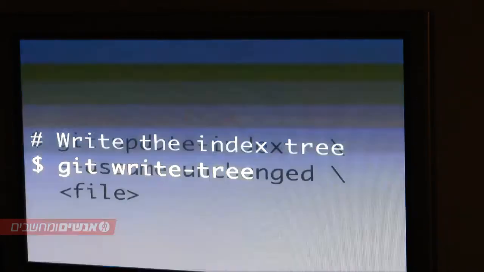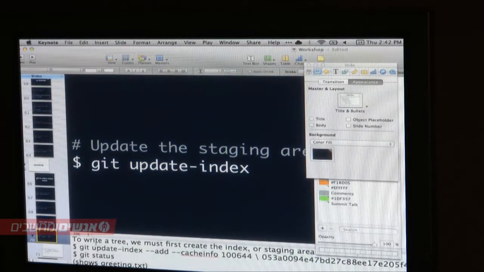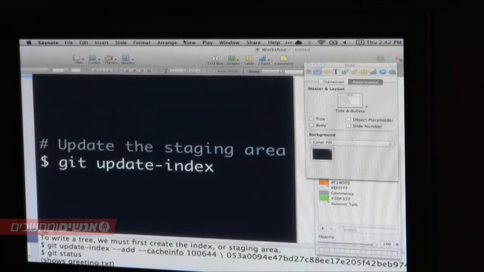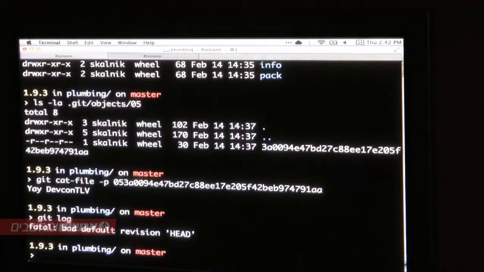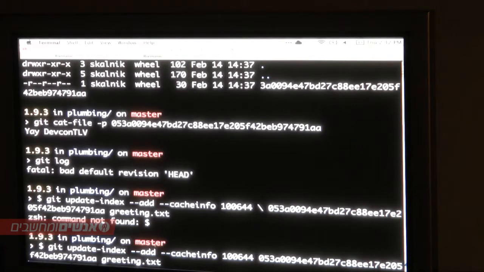So we're going to update our index, and I'm glad I kept these shortcuts because I would never have remembered this. So what does this actually do? Right now, update-index will add a file, as we're doing here. This file does not exist in our staging index just yet, so we have to add it that way.